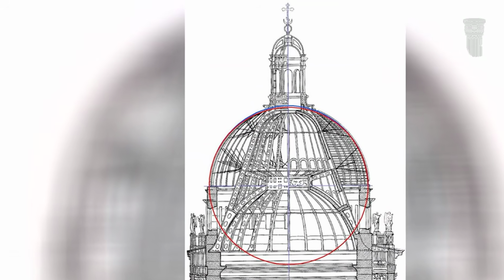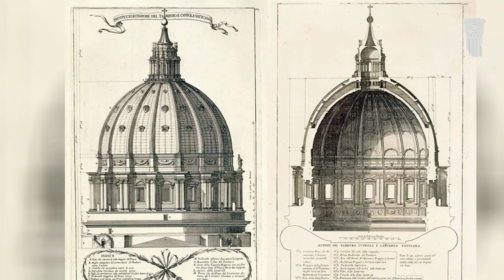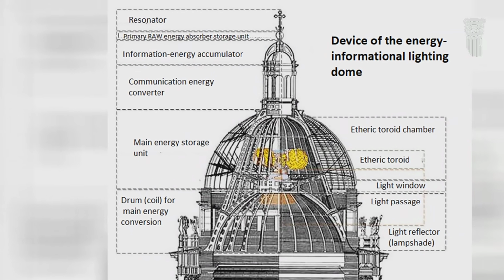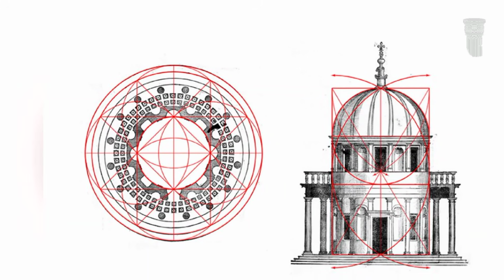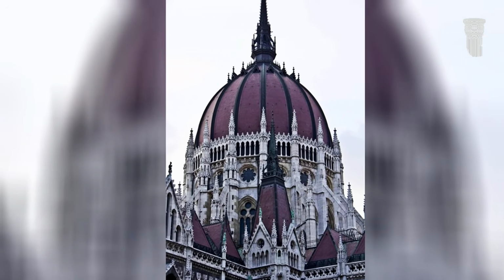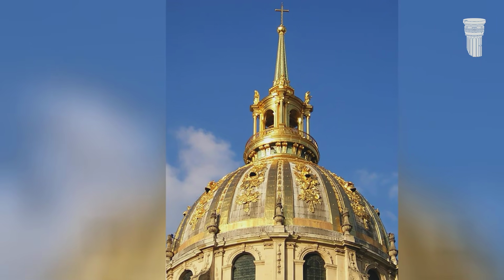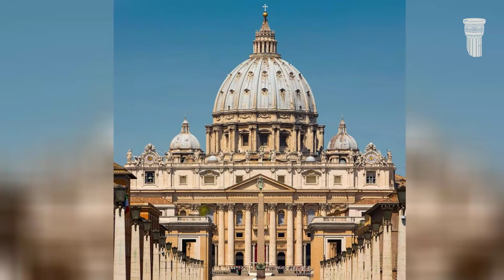When voltage is measured at such points, instruments record sharp spikes, up to 1,500 volts per meter, significantly higher than the natural background. All of this points to a grand deception in the narrative of the Golden Age. We are told of primitive tools and manual labor, yet the mathematical identity of buildings across different continents, from the ratio of dome diameter to its height to the placement of spires, indicates the existence of a single global engineering template. The speed at which these complex structures appeared worldwide between 1850 and 1920 surpasses the logistical and communication capabilities